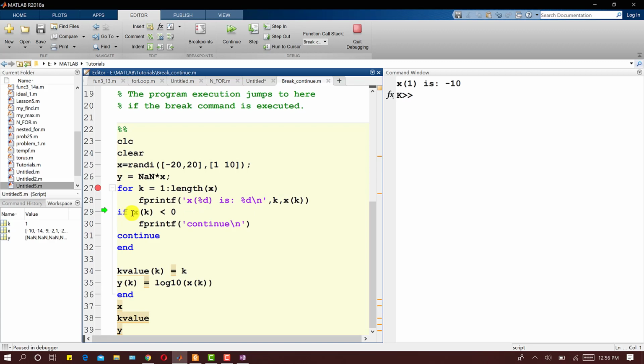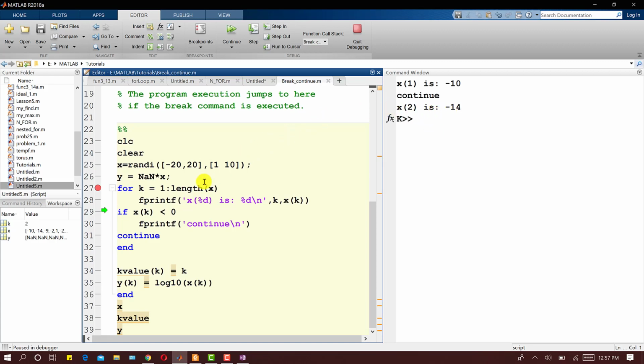So now we are in the if statement. So yes, this is a negative value, so then it will continue, right? You will see that this arrow will not come here, it will directly come to this for loop after this end, right? So if I step in, we see we looped into the for loop, and these lines were not executed, right?